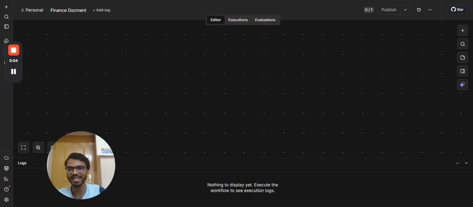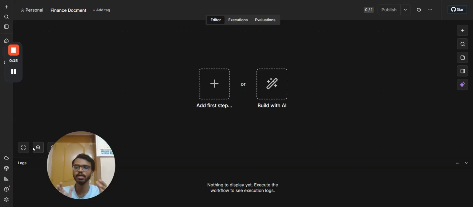I'm going to build a finance RAG agent. This RAG agent has two workflows. One is finance, I named it as a finance document. So here, the information is going to store, and the second workflow is a chatbot. So what I'm going to do is in the Telegram, I'm going to ask a question